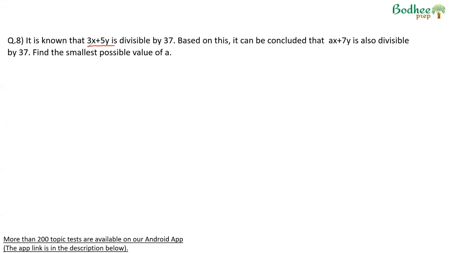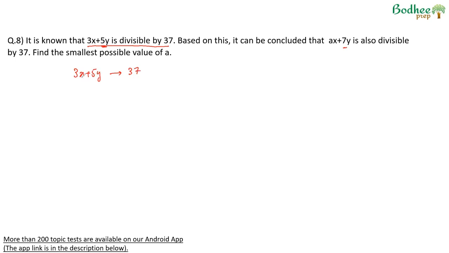It is known that 3x plus 5y is divisible by 37. Based on this, it can be concluded that ax plus 7y is also divisible by 37. The smallest possible value of a. Since the coefficient of y is given in both cases, I'll try to make them the same first. Since 3x plus 5y is divisible by 37,